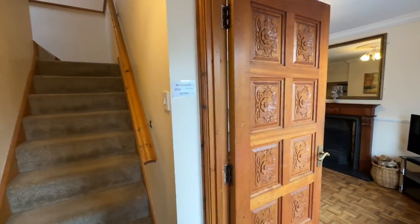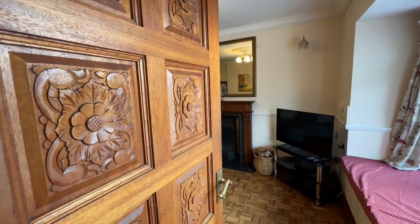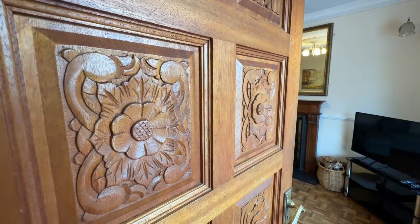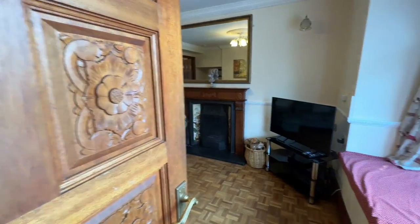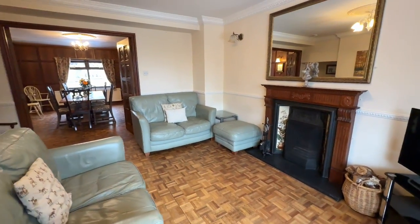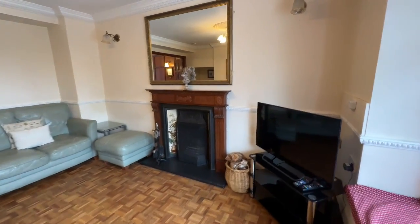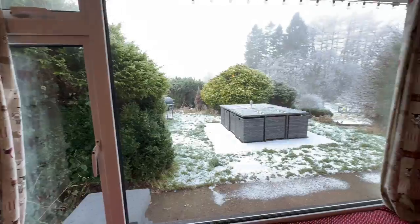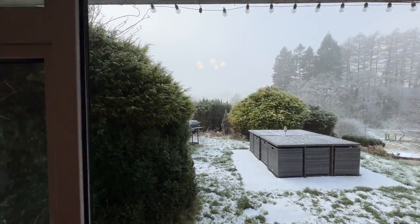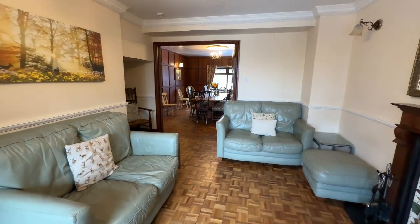Now the first thing that you're going to see as we go through is these wooden doors. These are dotted around the main home, mainly in this part and in the mill house, but look at that stunning woodwork there. Those doors are absolutely beautiful, and they're complemented by the parquet flooring, and this is the lounge of the granary. So a really good sized space. You can see you've got an open fire there, a large picture window looking out over the gardens, and as you can see, not the best day today, but we will come back and do the video on a better day. So what you've got is a really large lounge,